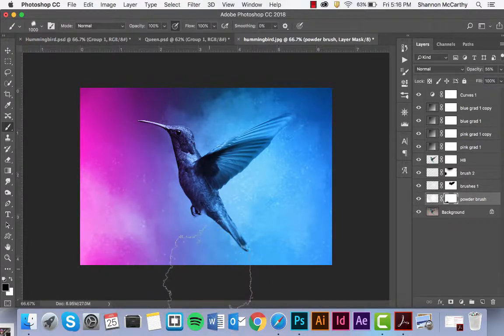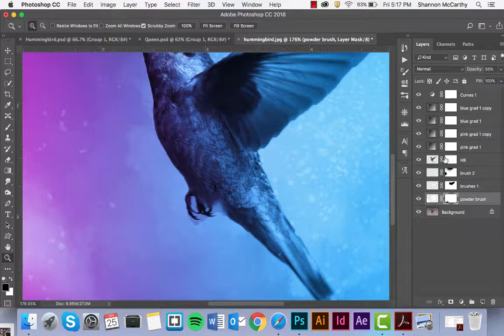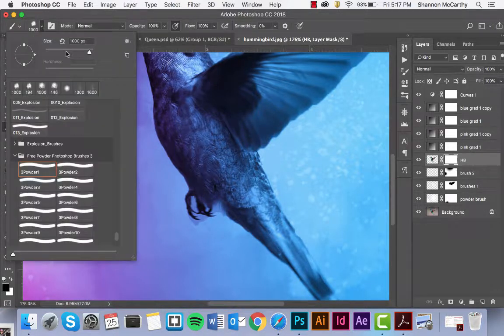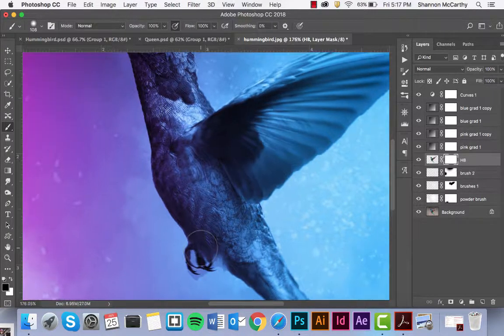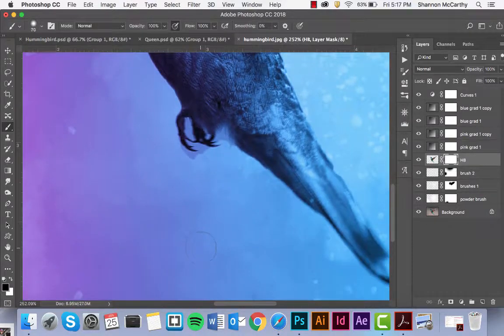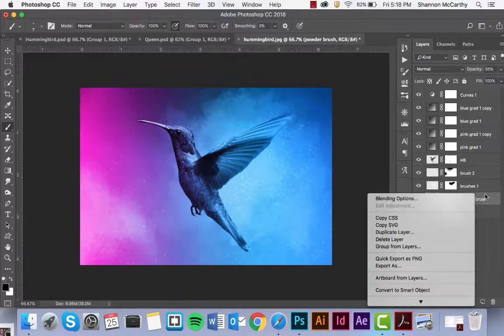Great. And so I told you before, I might not have had the cleanest of cuts here with the hummingbird, so I can come back into my hummingbird over here, making sure, again, I'm on B for my brush, going to the correct brushes, making sure it's small enough. And then this is where you just take your time, really small here. Come back in and clean that up. I would do soft brush. So if I click, shift, click,